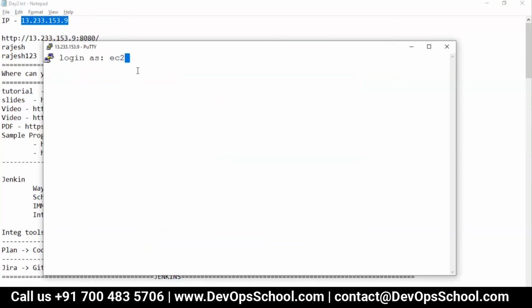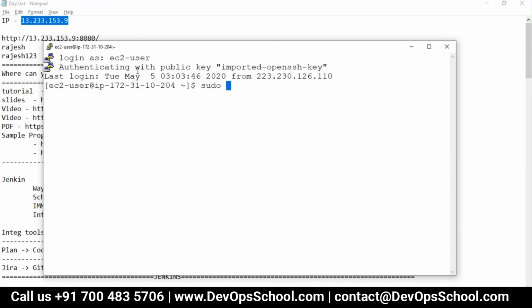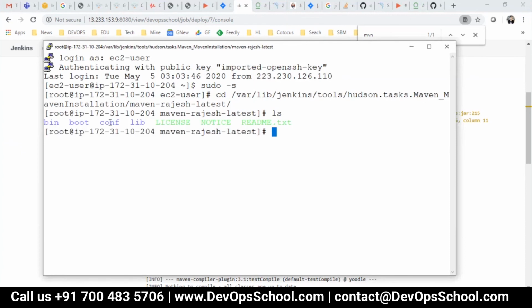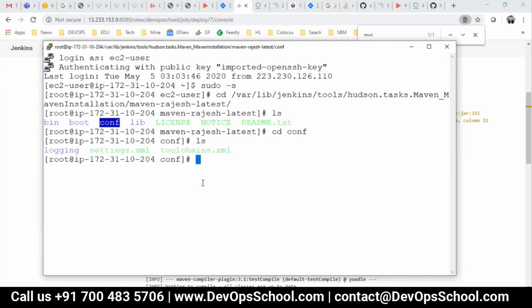Okay, ec2-user, sudo -s, here conf. This is the Maven settings.xml.